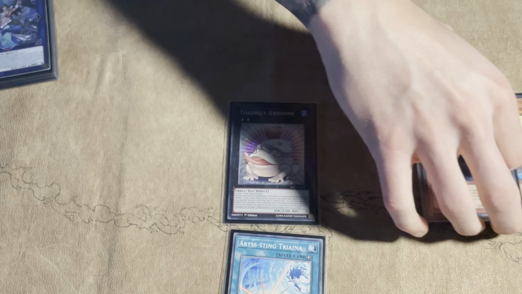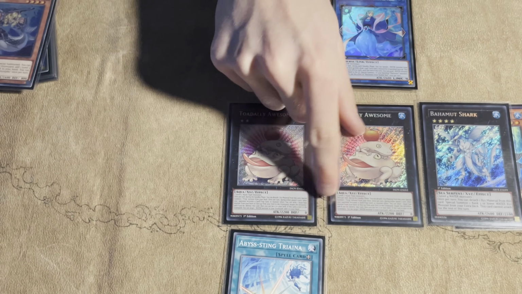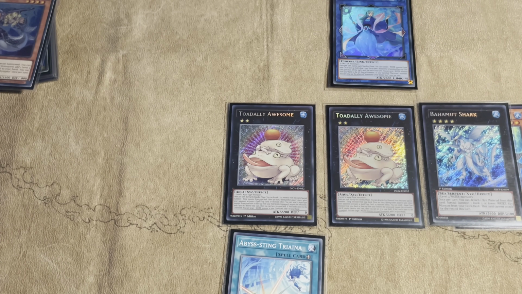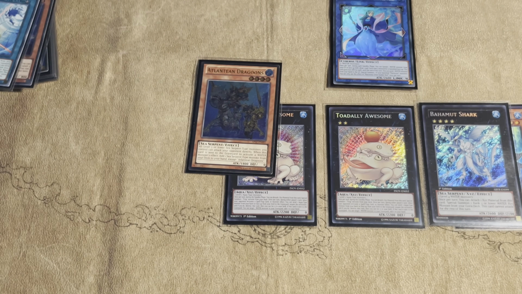Next you overlay the 2 Pikes into a second Shark, detaching to summon a second Toad. Now obviously if you open any more real Mermail or Atlantean cards, let's say you had a Dragoons in your hand, you can obviously do much more than this. There are multiple 2, 3 or even 4 card combinations where you play through multiple hand traps